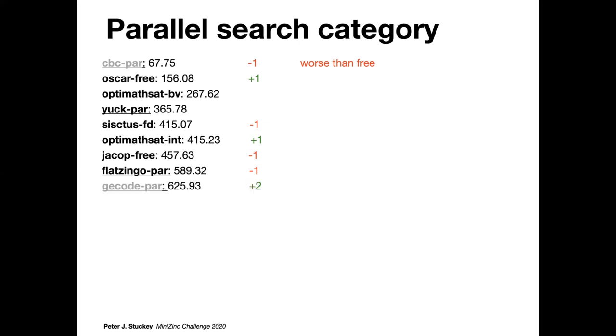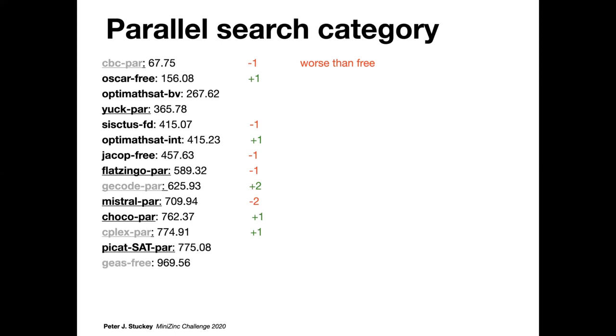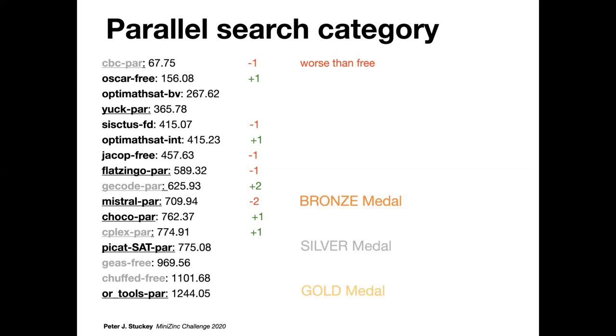FlatZingo, well, G-Code is very good. I mean, really takes a big advantage of parallelism. So you can see it jumps 2 paces ahead. And Choco also jumps ahead of Mistral in the parallel circumstances. And then the rest of the table ends up looking very much the same. And OR Tools parallel is certainly better than OR Tools normally. And then the medals are gold medal to OR Tools, silver medal to PicatSat, and then I have to explain